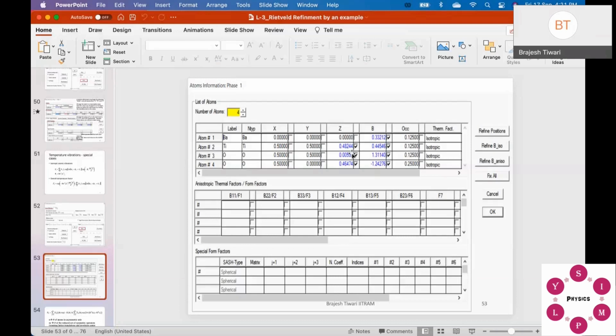But you have flexibility. It's like you are making your model and then you are changing your model in such a way that it is fitting with the data. So that's how the retrieval method works.